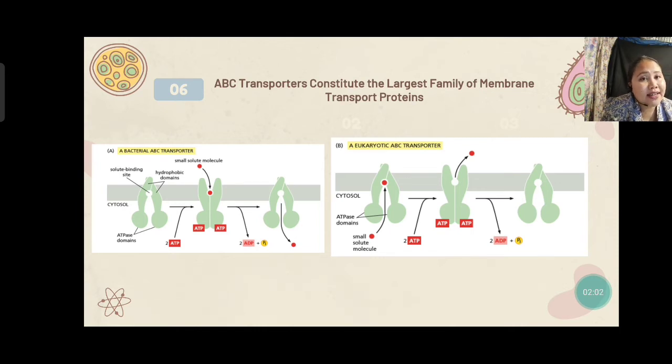For A, it is a bacterial ABC transporter. Both importing and exporting ABC transporters are found in bacteria, and an ABC importer is shown in this cartoon. The crystal structure of the bacterial ABC transporter is shown in figure A. For figure B, it is a eukaryotic ABC transporter. In eukaryotes, most ABC transporters export substances,